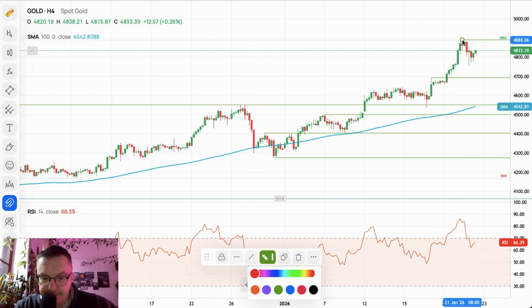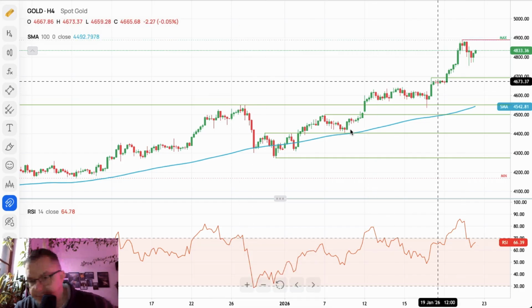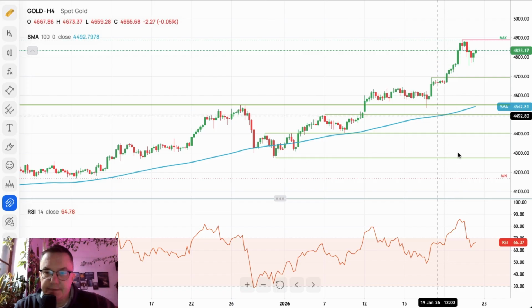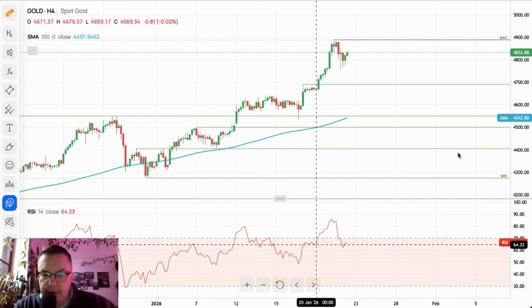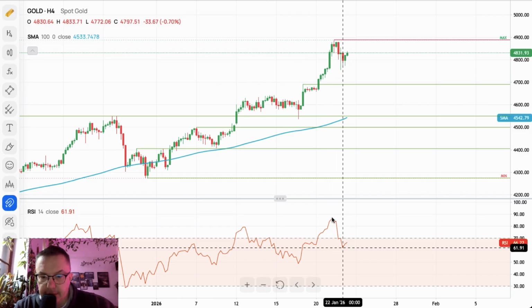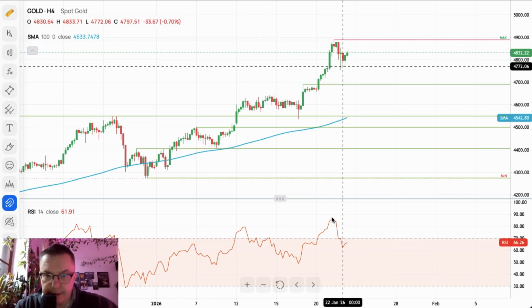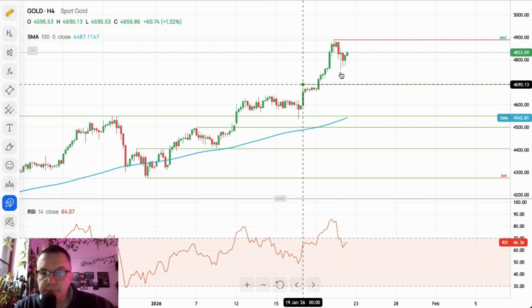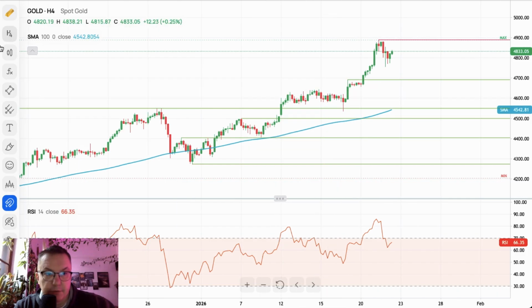4,888 has been hit, so almost 4,900. Then yet again, as usual, we can say extremely overbought conditions, new swing high on the momentum, and then deterioration lower because the pullback is needed. Next, newest technical support 4690, and the market continues to move higher.